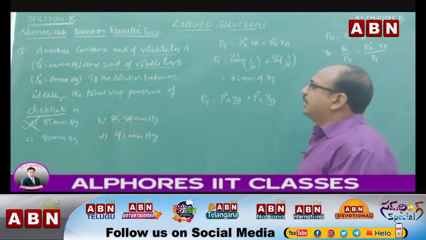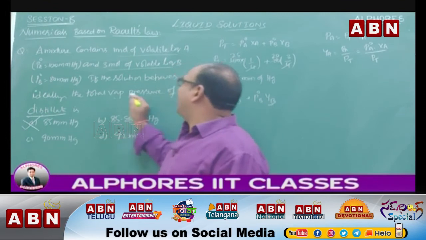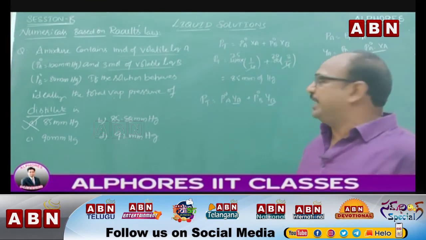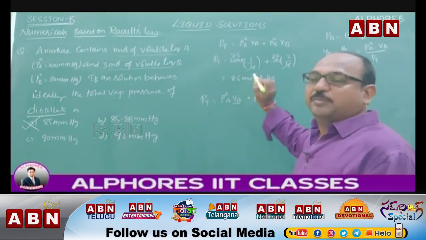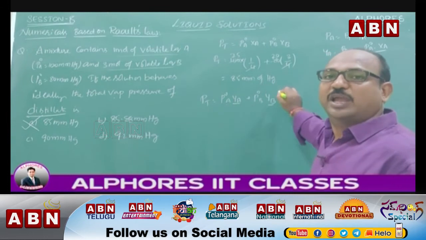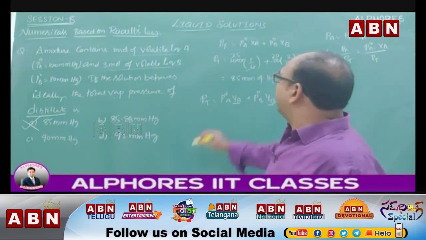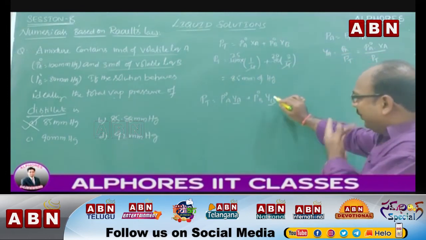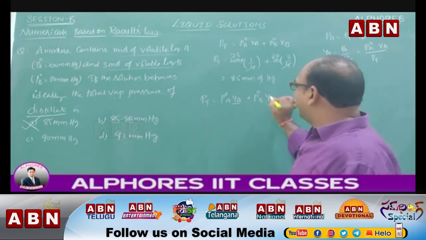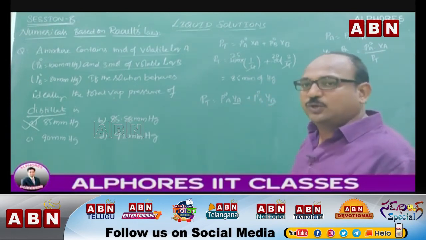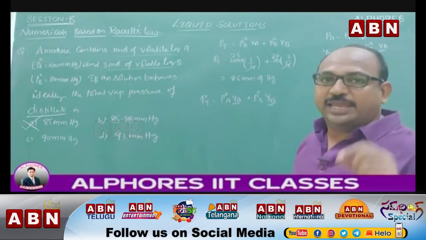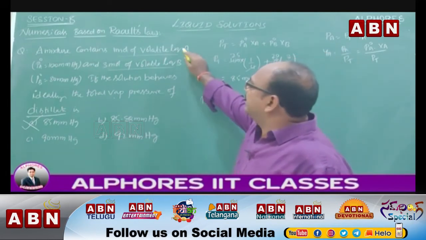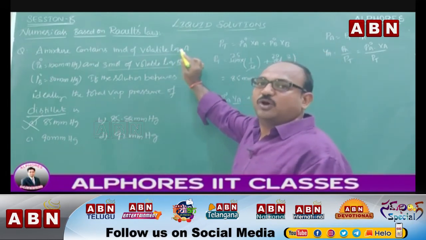I am repeating. Here he asked for the distillate vapor pressure, not the solution vapor pressure. So distillate vapor pressure means P total is equal to P0 A into YA plus P0 B into YB. This we need to calculate, but not like the earlier one. Okay, that one is the vapor pressure of the solution. Now for the distillate, if you want to calculate it, first of all you should know YA and YB. YA and YB are not provided in the problem, but you can calculate them by using the 1 mole of liquid A and 3 moles of liquid B.